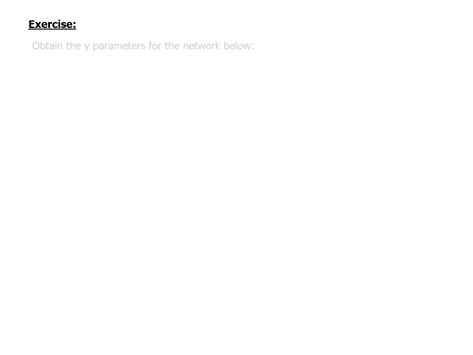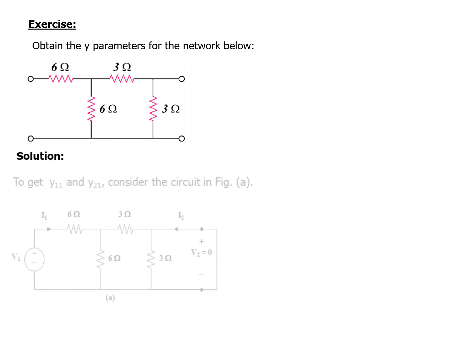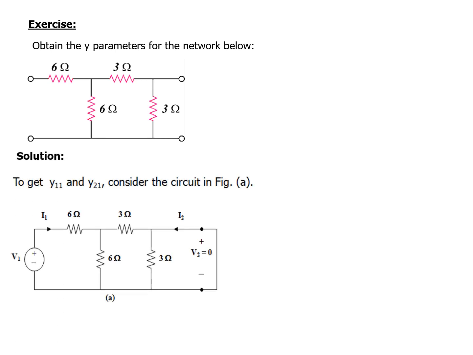Right, let's try an exercise and obtain the Y parameters for the network below. So we have 4, 6, 6 and 3 and 3 resistances, and to get Y11 and Y21, we'll insert a voltage source at port 1 and short circuit port 2. By doing that, we can see that V1 equals the 6 ohms in series with 6, which is parallel with 3. Notice that the 3 ohms is neglected because V2 is short circuited. So we have V1 equals 8 I1, and Y11 is I1 over V1, and that will make it